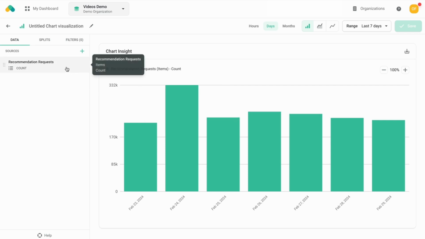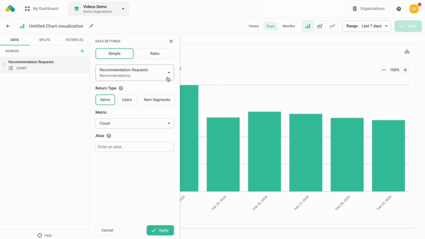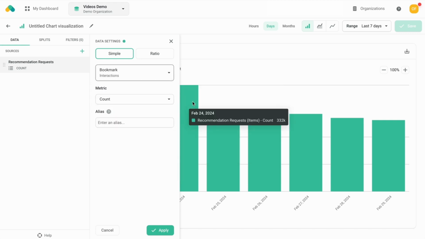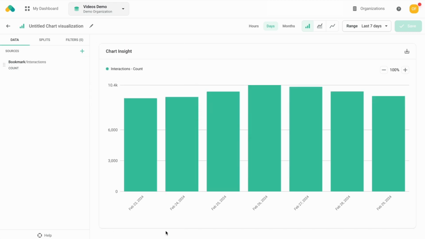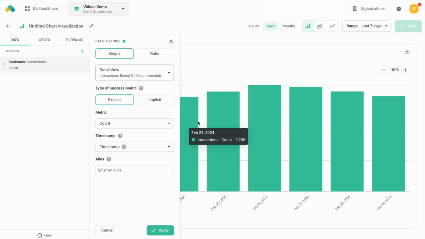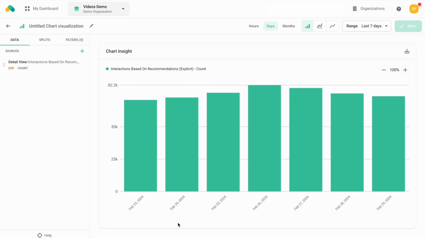This histogram represents the number of recommendation requests per day because that is the data source currently selected. For example, I can easily change the data source to the total number of bookmarks per day. Or to the number of detail views resulting from a successful previous recommendation. We can see that successful recommendations account for approximately 80,000 detail views per day in this database across all the